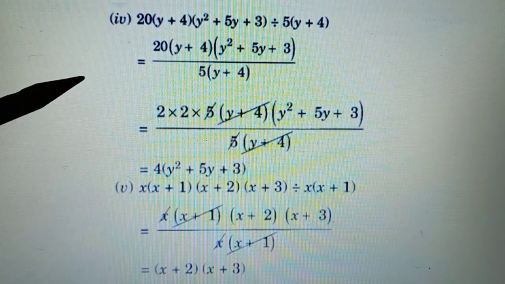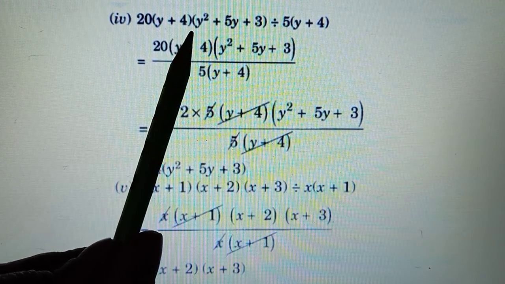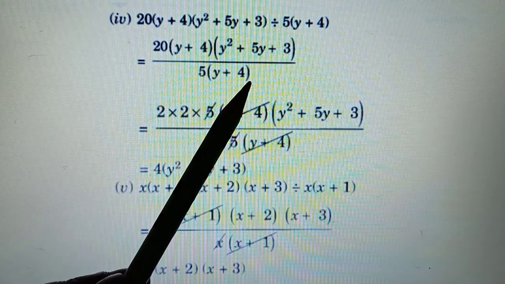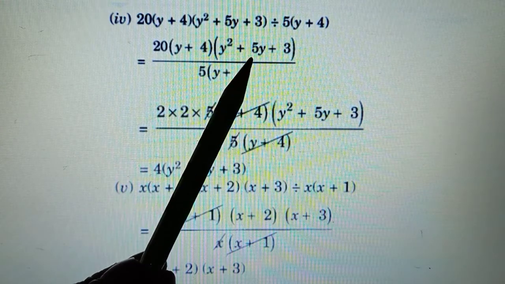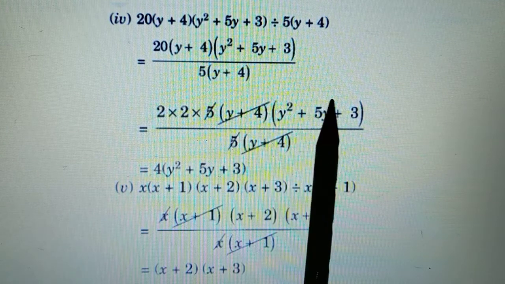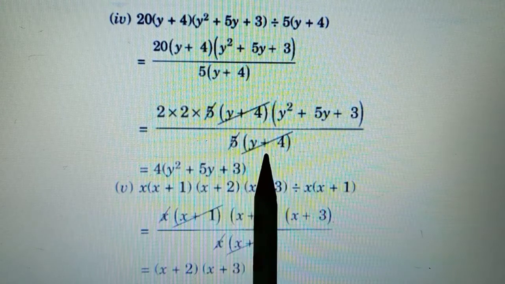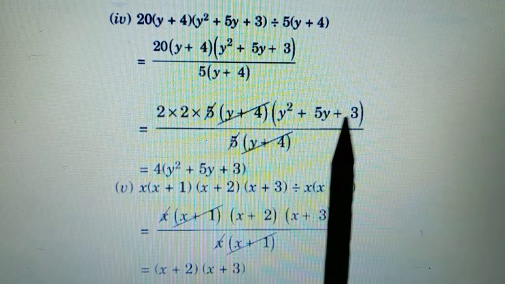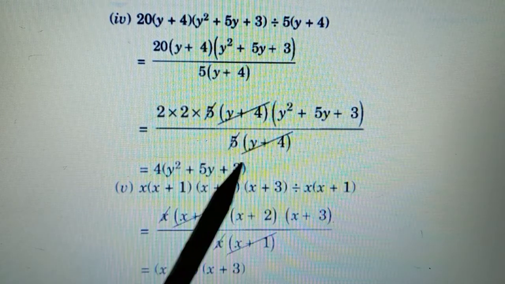Next you can see the fourth part is here. Factors in numerator would be 20 (y + 4) and (y square + 5y + 3). In denominator will come 5(y + 4). So your (y + 4), (y + 4), and 5 fours are 20 is getting cancelled. So you'll only be left with 4 into this expression. Very simple these questions are. At times you might require to factorize this. Maybe in the next set of questions we'll come across that. Here everything got cancelled. If it doesn't, here you have a linear expression, here quadratic, you would factorize this, maybe something would get cancelled. But in this case the need was not there, because whatever was in denominator, everything got cancelled.